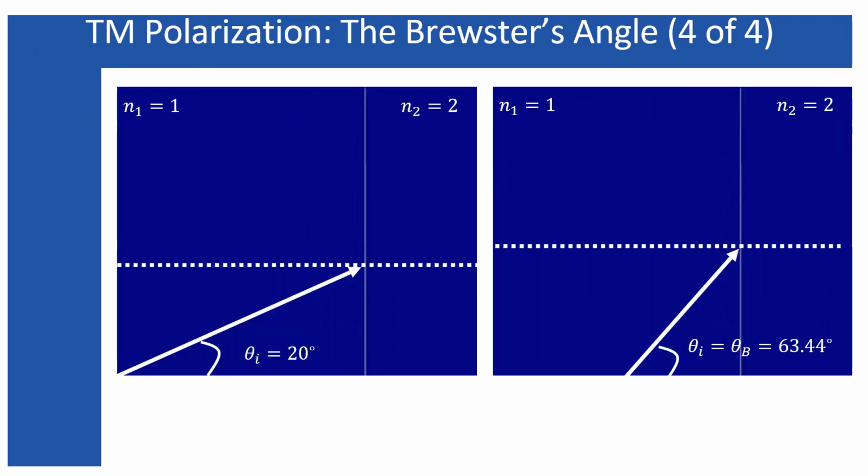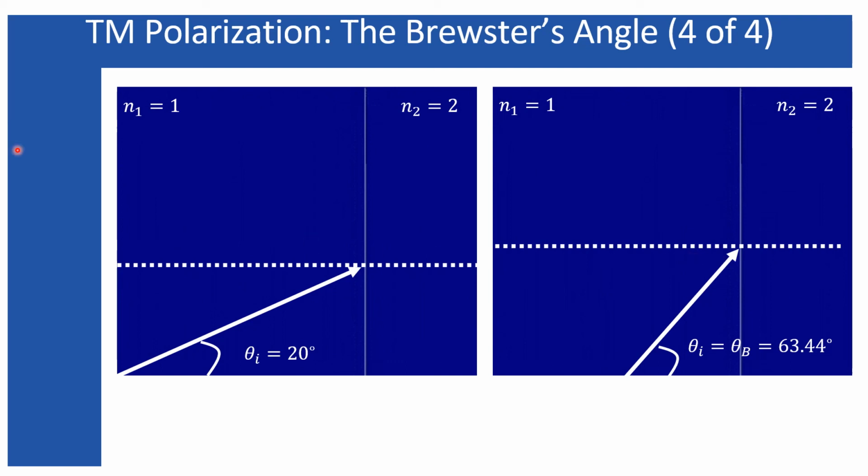The phenomenon of total transmission based on the Brewster's angle can easily be understood using some animation, and that is why I have presented two animations to make you understand. Here I am assuming medium 1 is made of a material having refractive index equal to 1, and medium 2 has refractive index equal to 2. So you can assume medium 1 is the air medium or free space. I have calculated the Brewster's angle for such a combination, that is equal to 63.44 degrees. In the first case, I am assuming that the angle of incidence is 20 degrees. Here I am going to observe some reflection, but in the other case there will be no reflection.